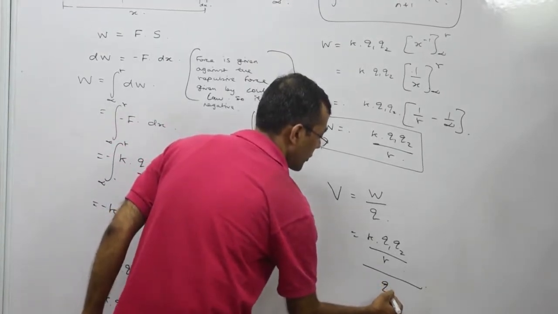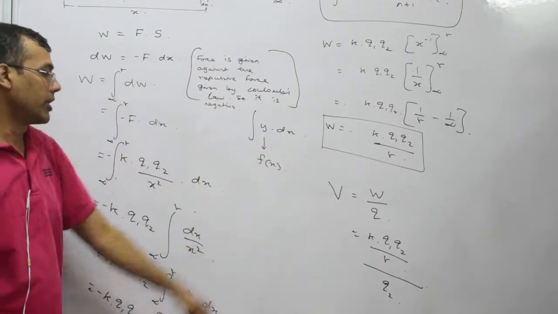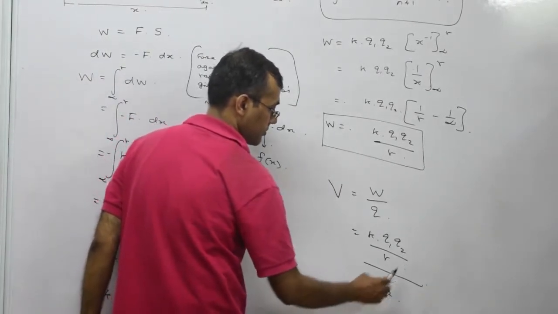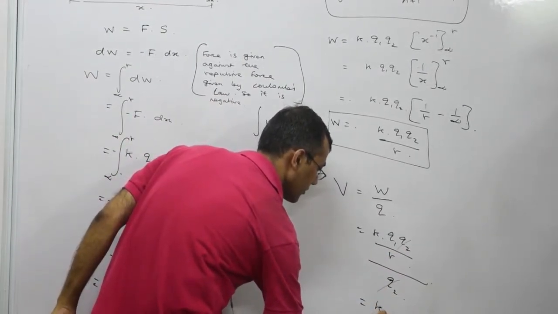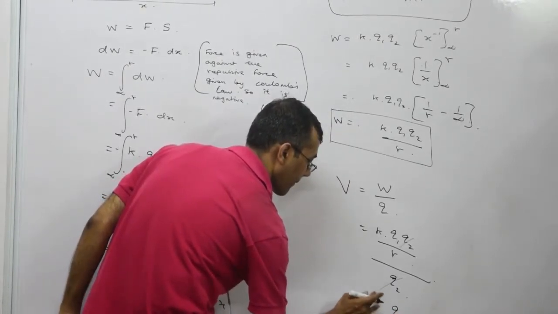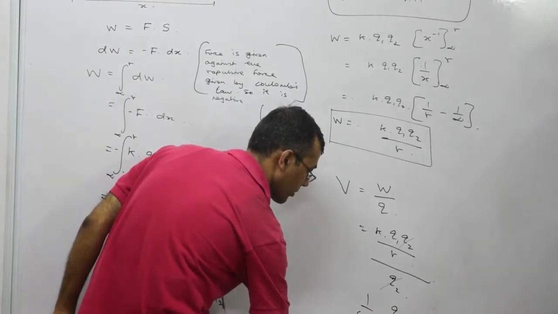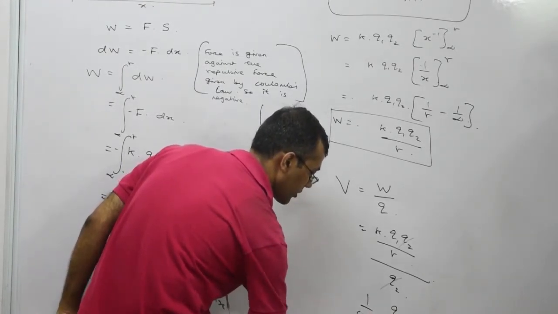I should take Q2. Q1 is the main charge. This is the test charge. So I have to divide by this charge. So I said the final answer is better written as 1 by 4 pi epsilon naught. K is nothing but